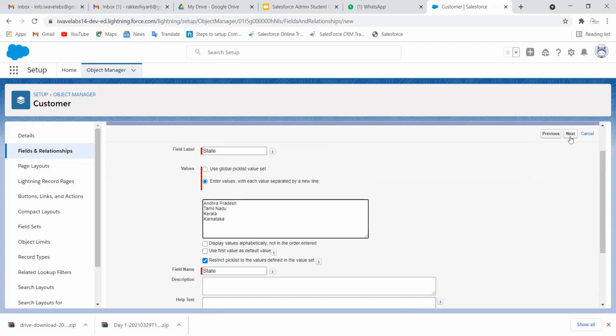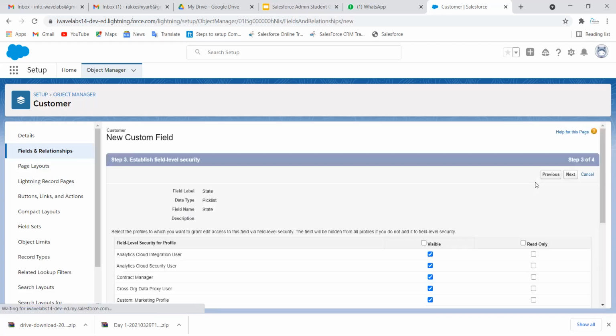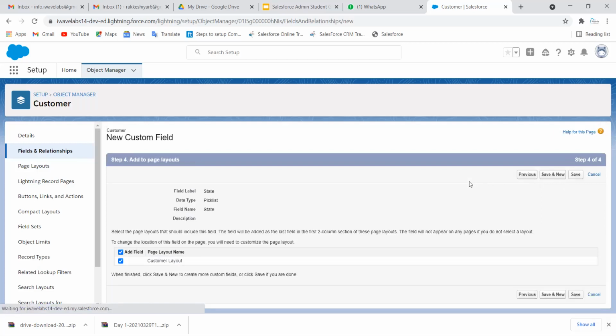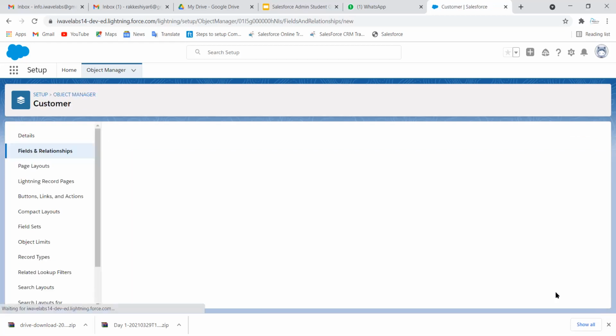Now click on next button. So it's going to be visible to all profile. Click on next. And for city, we'll go with a global pick list. Now I'm not going to show global pick list. Next class I'll show the global pick list. Click on save and new.